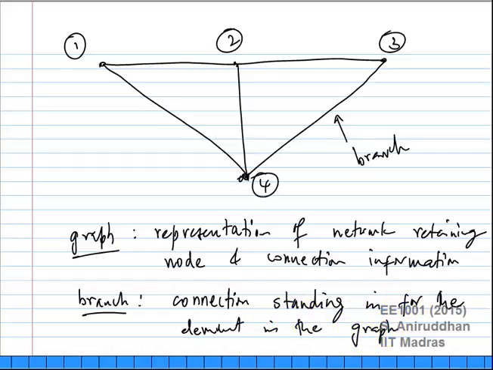Okay, by the way, these are not very formal ways of defining what a graph is and what a tree is. This is for you to understand more easily. Okay, so this is called a branch. So topologically you have all the information that you need from the graph itself. You don't have any element information. Okay, now we are setting up the graph to try to understand how to solve